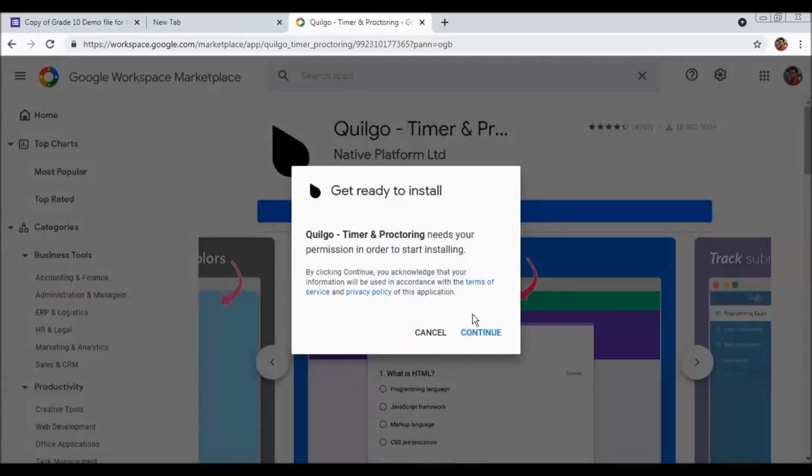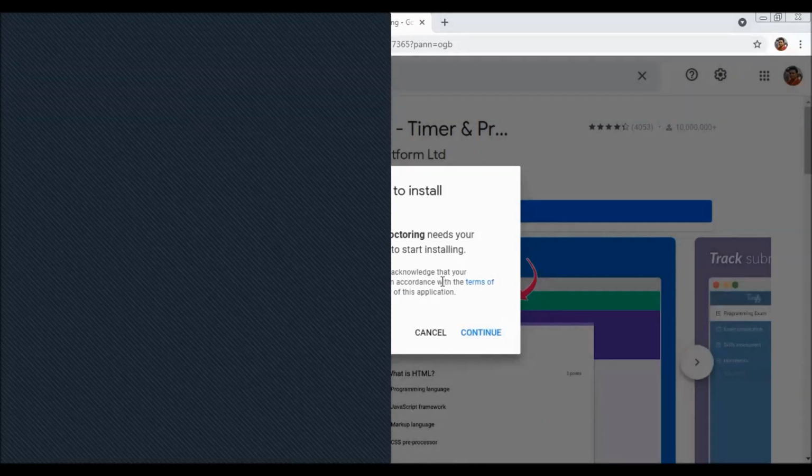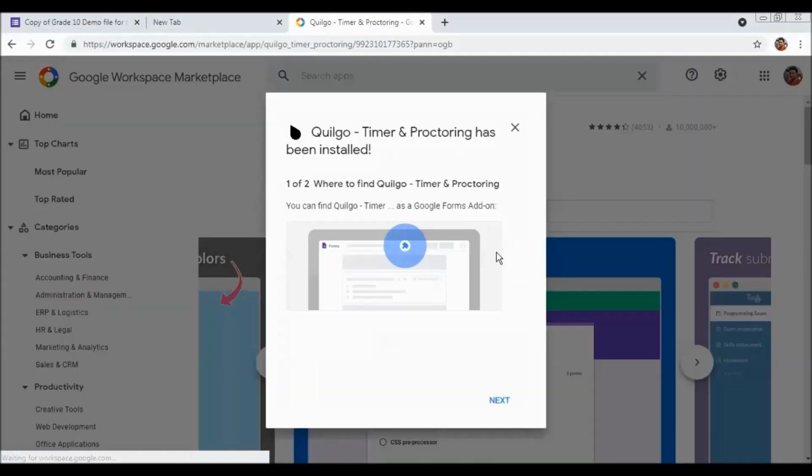So you can see when you click on it, you get all these options, and you need to log in. By default you will have to log in, and you can log in using your Gmail account, whichever account is available with you. And you can see we are ready here now.